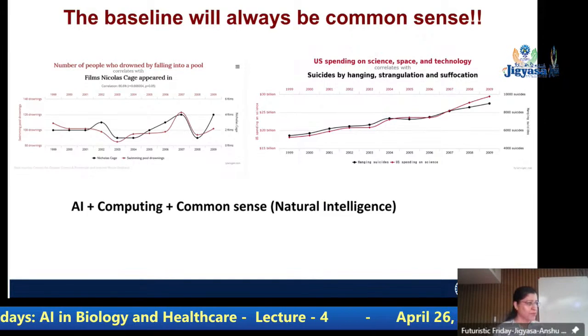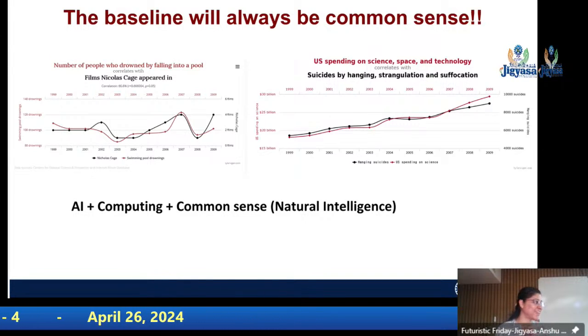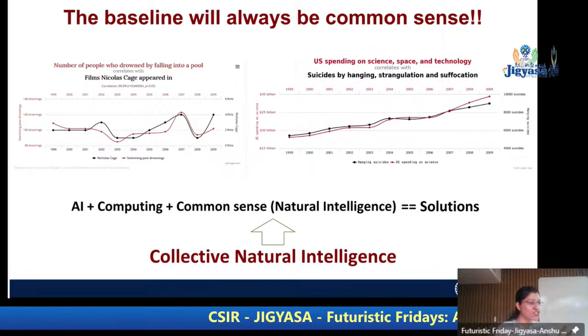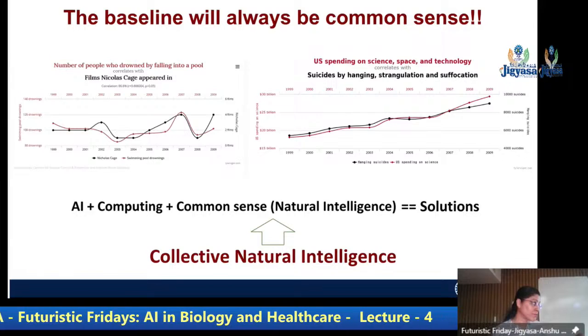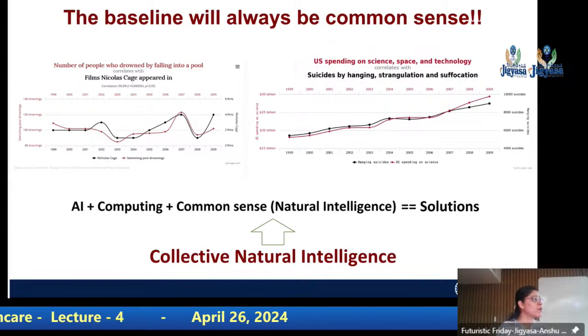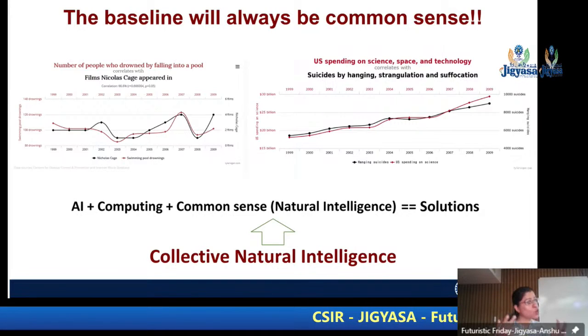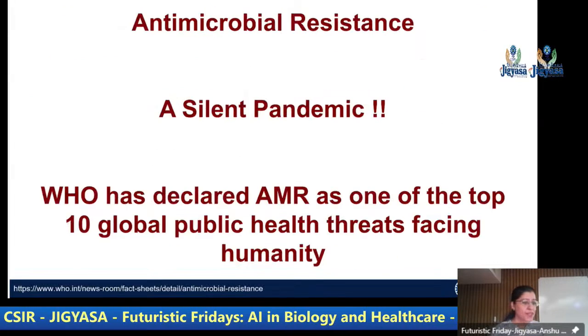So you can use AI, you can use computing, but you still have to use natural intelligence to solve problems. And if we do that as a team, that is where the solution is, right? Imagine you say we work on a supercomputer, our brains work faster than a supercomputer. So imagine all of the supercomputers sitting together and trying to solve something. You will solve it provided you know how to do teamwork, right? And if you're trained well, and you're with an open mind and you want to do teamwork, there is no problem in the world that is not solvable, right? This is a message for you guys.